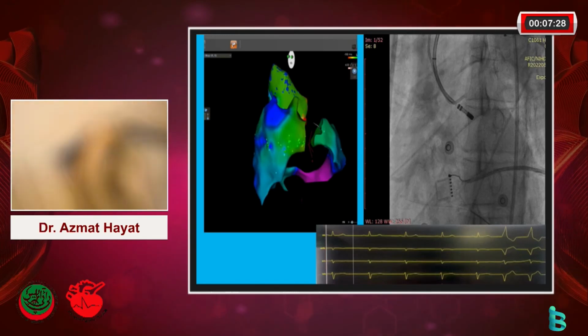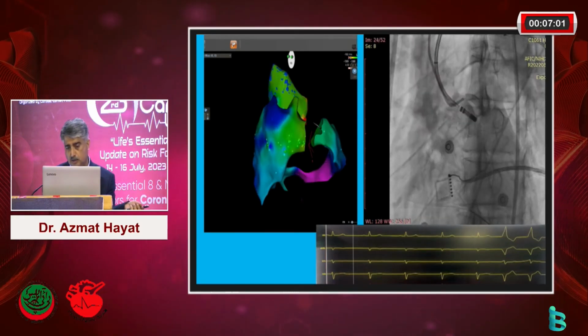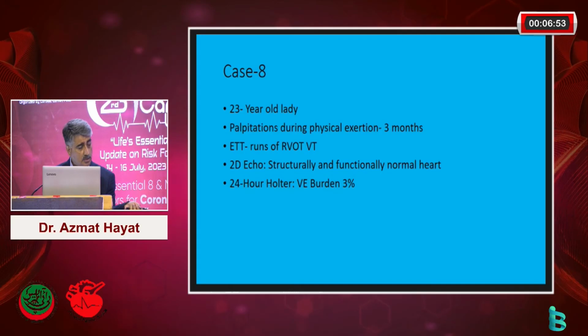And again, with the help of this system, it was very helpful because it guided me to a specific point, and it was ablated right there and then. And Alhamdulillah, the ectopy or the VT was successfully terminated. Have a look at the colors. You can see the colors spread out from a single focus, and this is so helpful sometimes, because otherwise it would not be very easy for us to do it